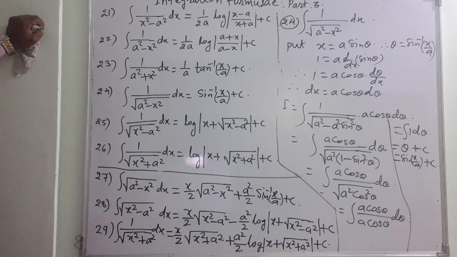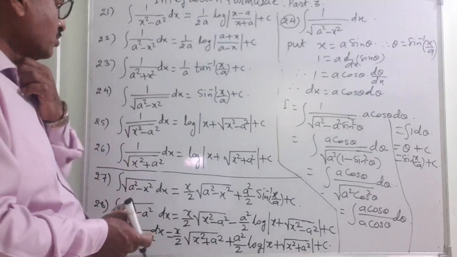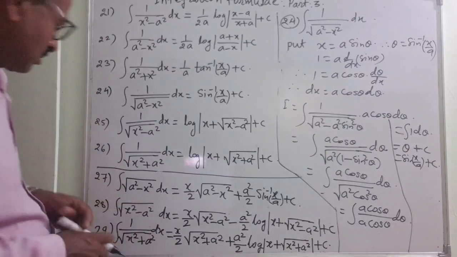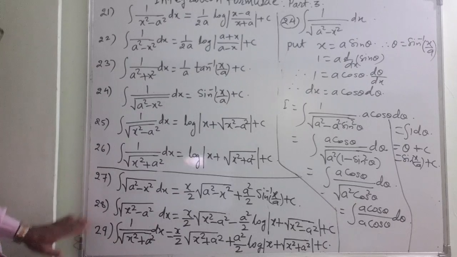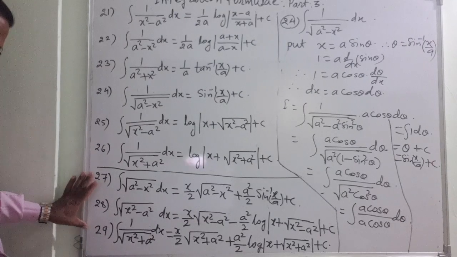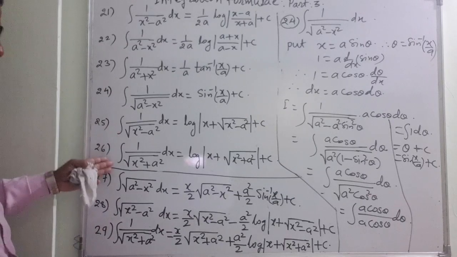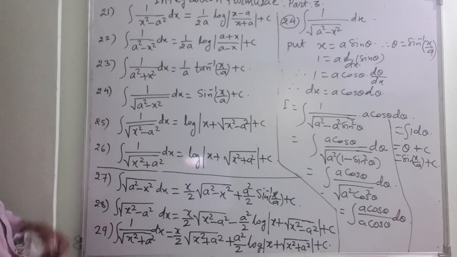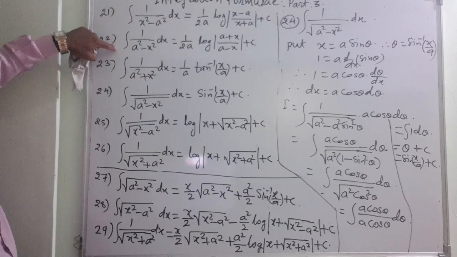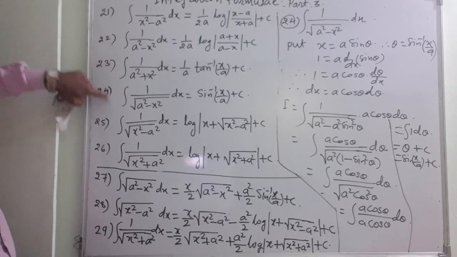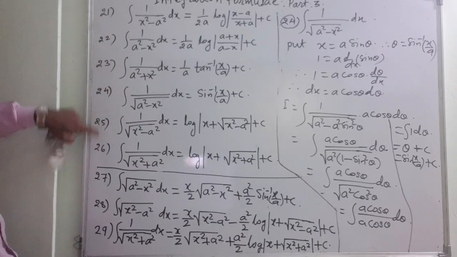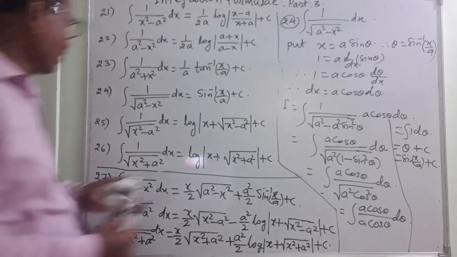So now I hope all is clear to you up to this. You might have written this formula also, very important formula, but these three formulae I will prove afterwards. Now I will prove any one of these two. It is just the same as this and this was the same. This is different, this is different. Again this and this are the same. So we'll go for that now.